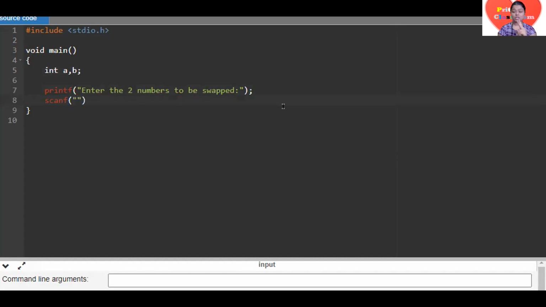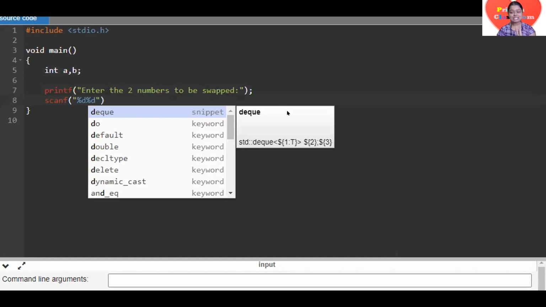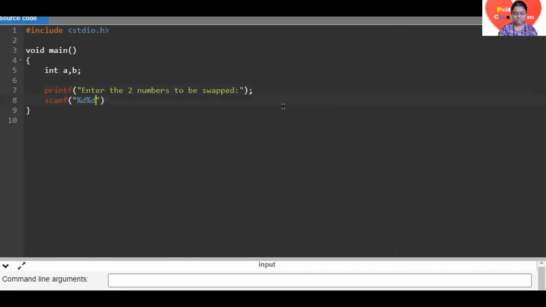Okay, let's do that quickly. Here we want two numbers, so we want to write two things, percentage d, because I'm going to get two integer values. Suppose if you want one integer and one float value, then you put percentage d, percentage f. Since we are interchanging two integer numbers here, I'm putting percentage d and percentage d. After that, we pass the address values, and the address values should be separated with comma.